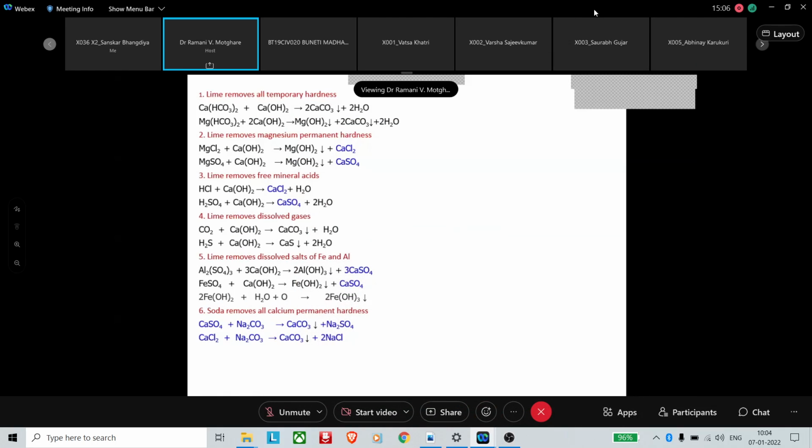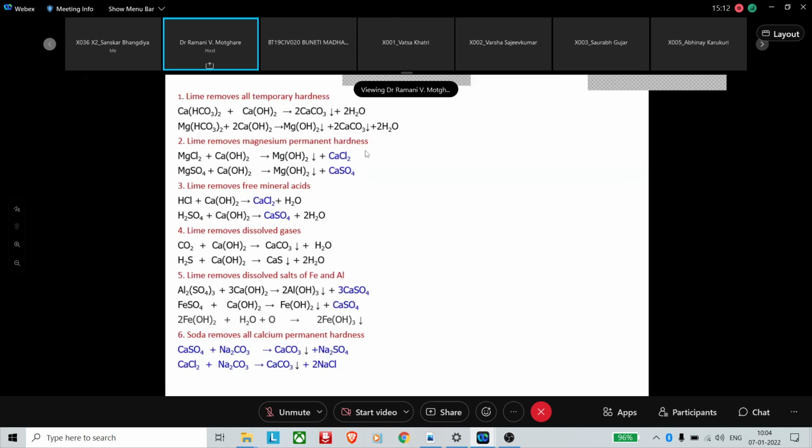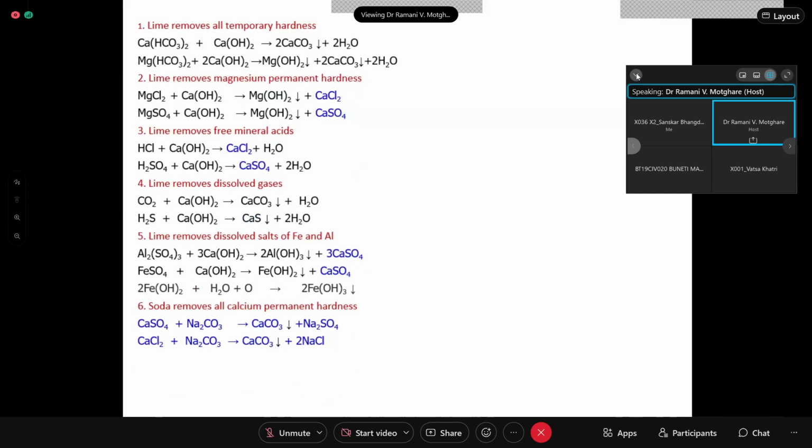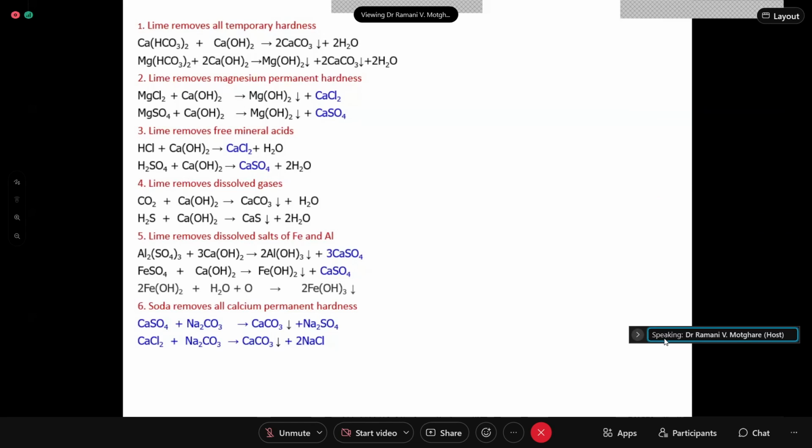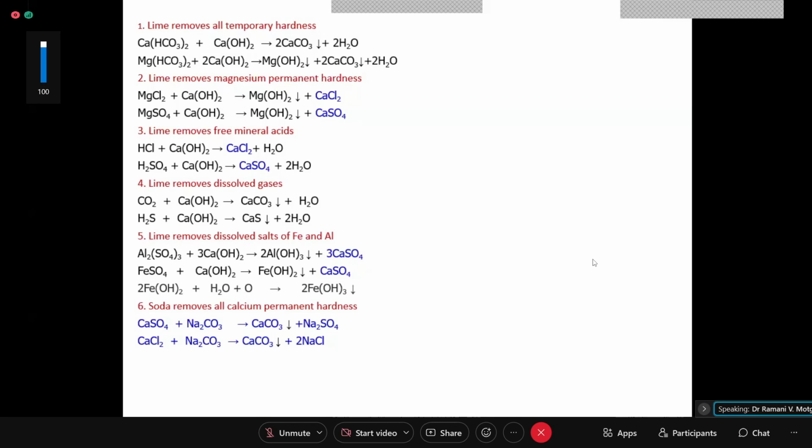The first process is the lime soda process. Lime and soda being cheaper, you can go for removal. Now, it is like you have a micro analysis and a macro one. This is something called a macro removal of dissolved salts. It is removing dissolved salts, but it is not removing the finer, the last portion, that is the residual